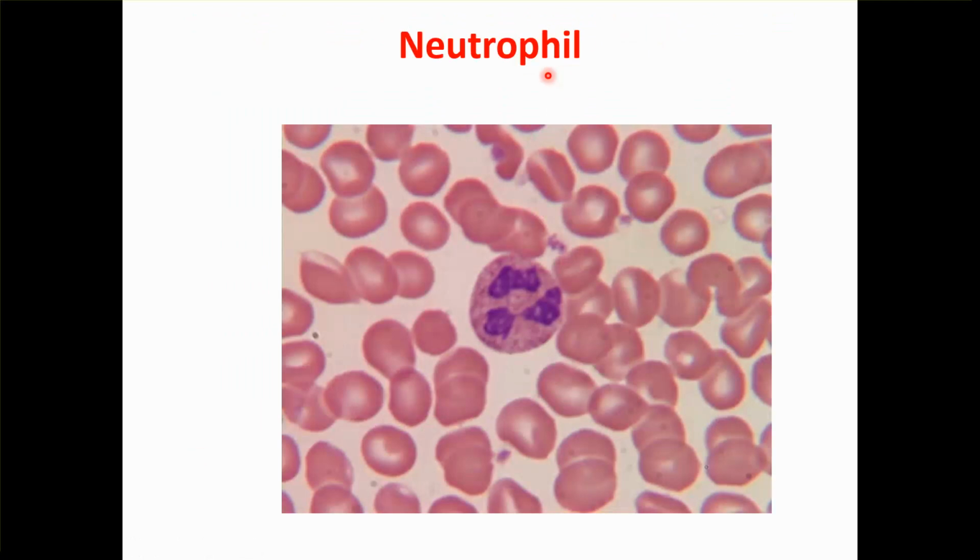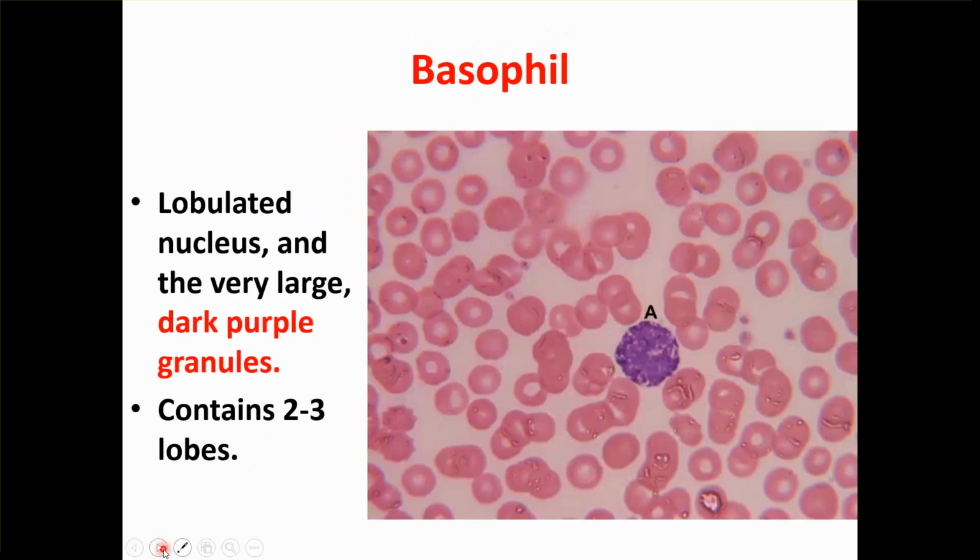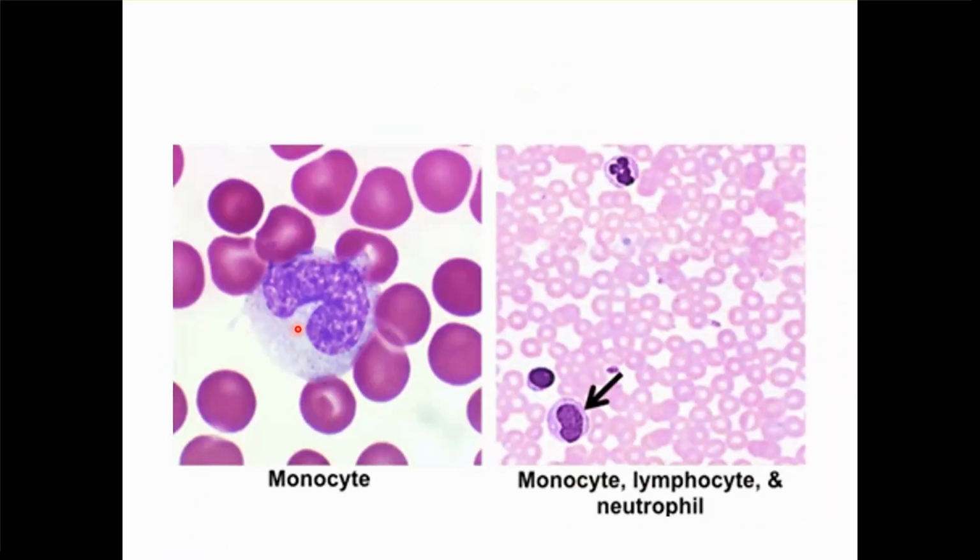Now coming to blood cells, you have this cell which has more than 3, 4, 5 segments. This is called a neutrophil. Please learn the function along with it. This is a basophil, as there are two lobes, and it is blue in color, and the pigments are blue in color. And this is kidney shaped, or indented, and it is agranulated, there are no granules. It is a monocyte.